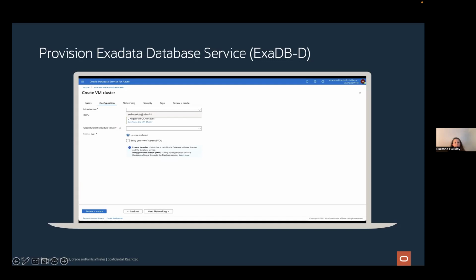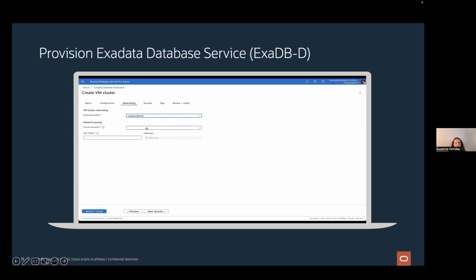Okay, so note here that you can bring your own license as well. You've got server license included or BYOL. The OCPU count per node. The infrastructure version,